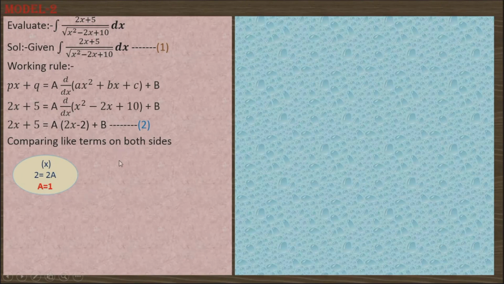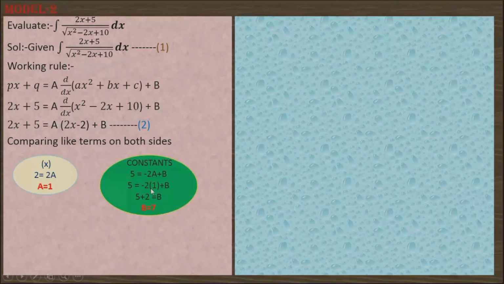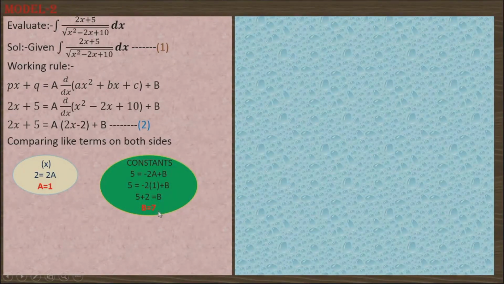So for this I am comparing the constants on both sides. So what is the constant on the left side? 5 is equal to, on the right side we have two constant terms. One is minus 2 and one more is b. And here minus 2 is multiplying with a. So it becomes minus 2 into a, minus 2a plus b. Now apply the value of a here. So what is the value of a? 1. So by applying, it becomes 5 is equal to minus 2 into 1 plus b. So by taking it outside it becomes 5 plus 2 is equal to b. So what is the value of b here now? 7. So b is equal to 7. Now substitute a and b values in equation 2. So by applying in 2, it becomes 2x plus 5 is equal to, observe here in equation 2, a. What is a?